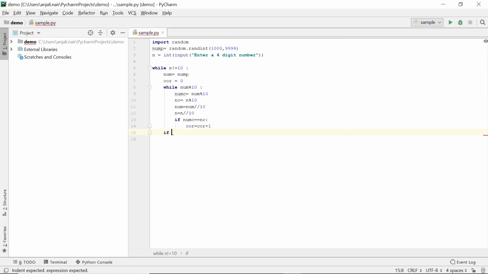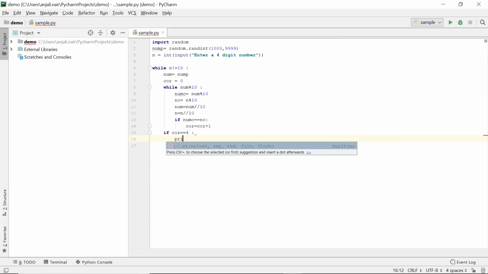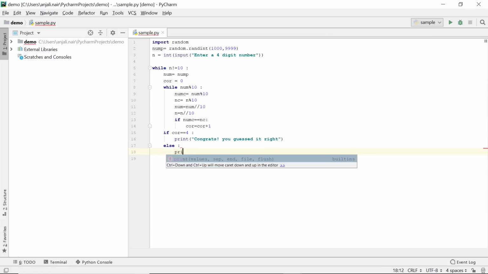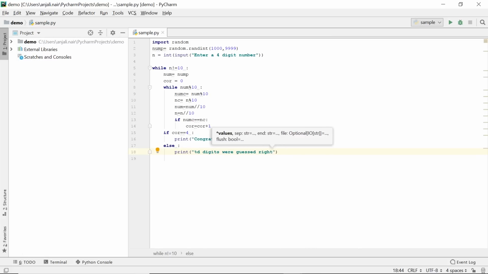So over here we have if correct equal to 4, you print congrats, you guessed it right. And if this is not the case, that is all the digits were not correctly guessed, then we'll print how many digits were actually correctly guessed in their correct positions. So else